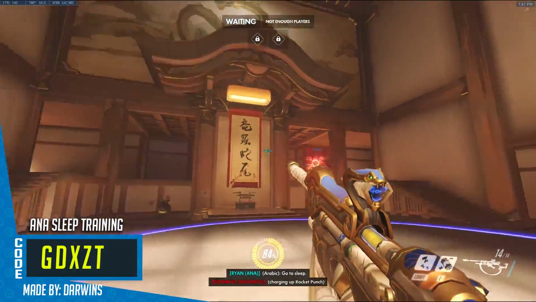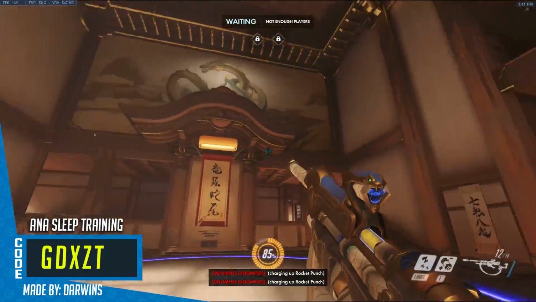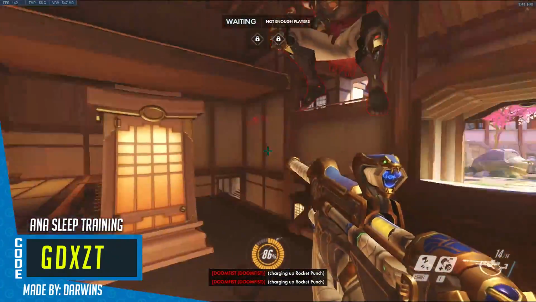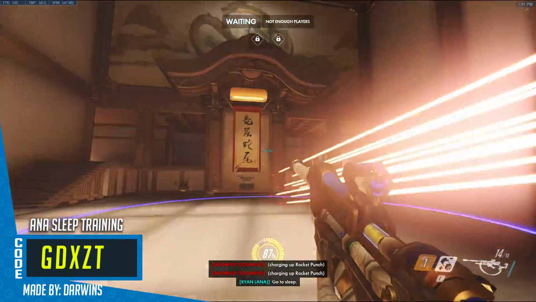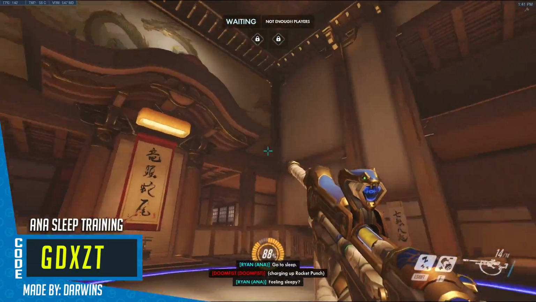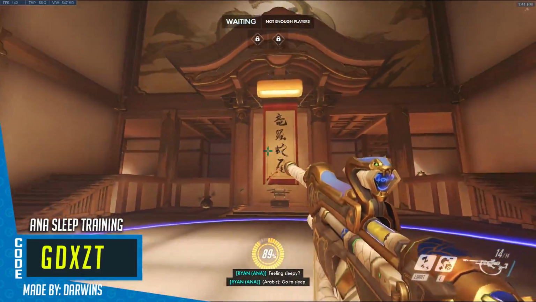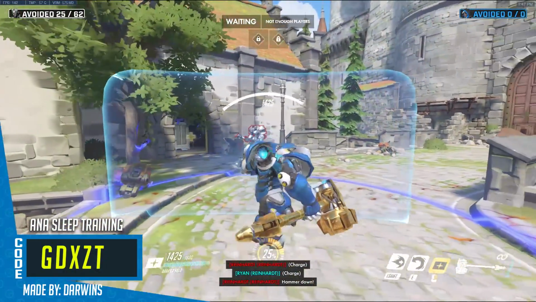Now this next one that I wanted to highlight is actually 3 different ones. There's probably more too, to be honest, but these are all from Darwin, and you probably have the idea already. These are tools designed to practice certain mechanics. For example, we have the Ana sleep one that's been shown on screen, enabling you to practice sleeping targets as Ana. They will appear out of nowhere, you need to fight them,